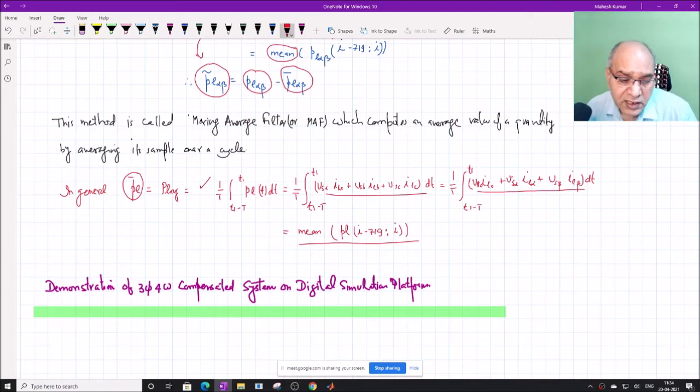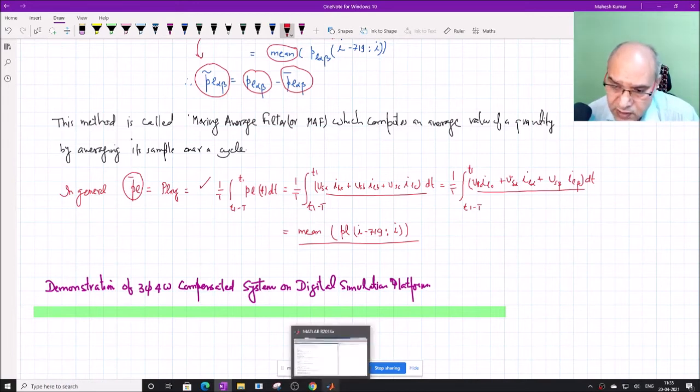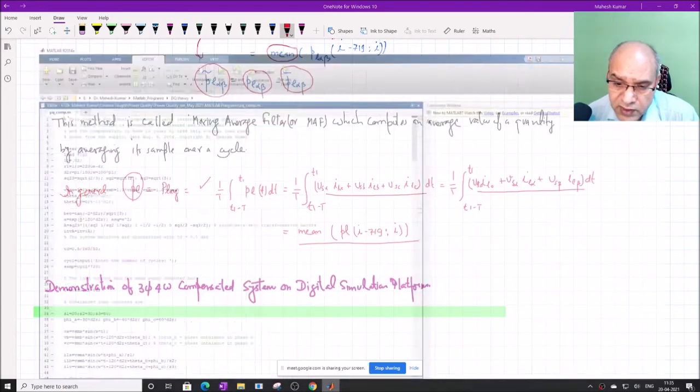Okay, so these are the other details of the implementation of the active power filter, or you can say the 3-phase 4-wire compensator system using the state space model. I will show you the demonstration using the MATLAB coding that we have done, so that you have a feel of how these compensators can be implemented in the digital domain to understand their behavior before we go for experimental work. So I will open the MATLAB and show you how these programs are written.